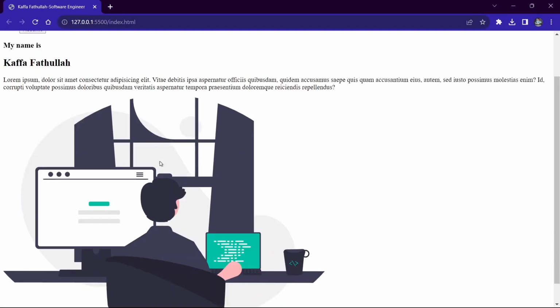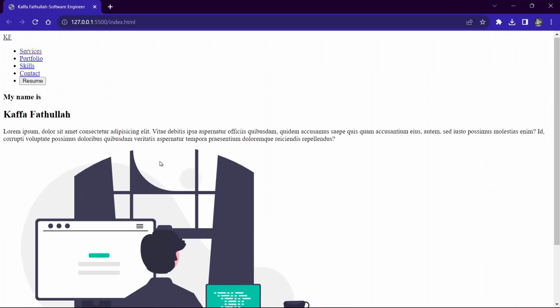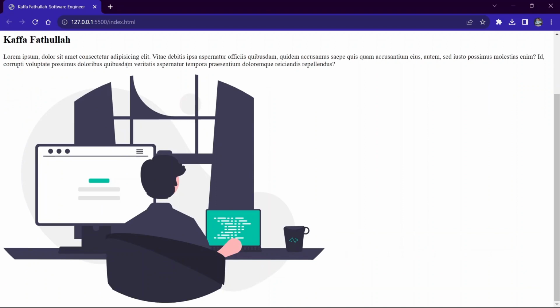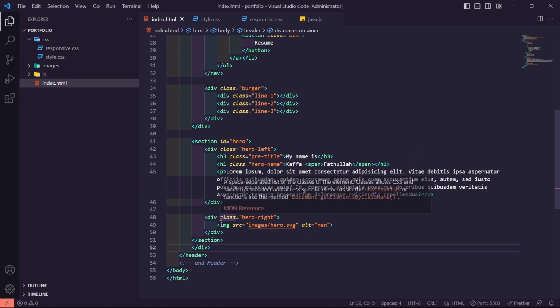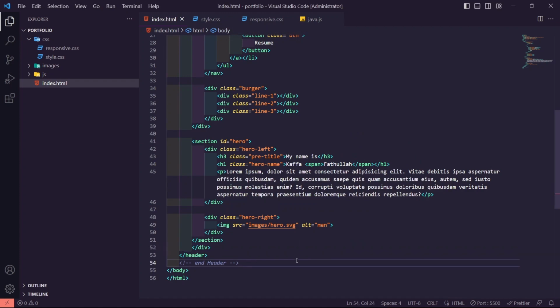Then let's check it out. This is the output. We have a list here: services, portfolio, skills, contact, etc. And then my name is, and paragraph, and the picture, the image. And after that, next